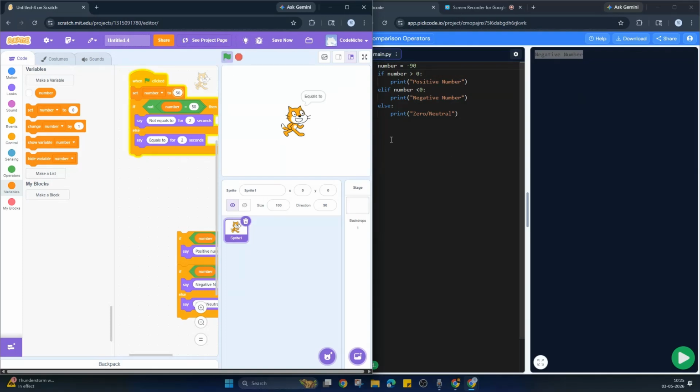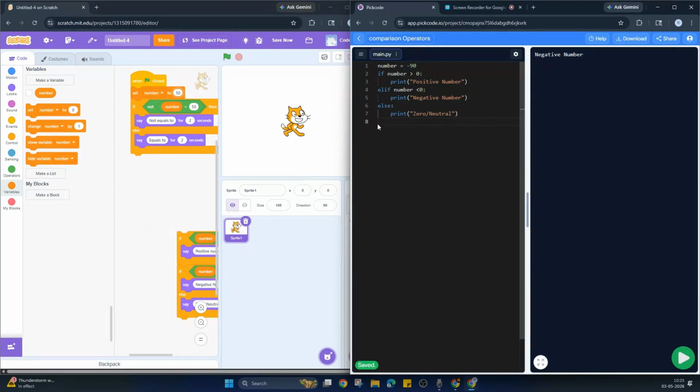Same thing can be done in Python also. I'm going to use the same number instead of 90. Let me change it to 50. And if you want, you can comment out